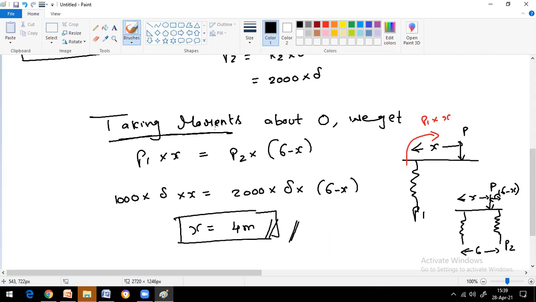Please practice them. With that, we are going to start a new topic tomorrow, which is curved beams. I hope you all understood these problems. We took much time in solving these problems because they are very, very important for all kinds of exams and competitive exams. That's why it took much time. So please practice, guys.